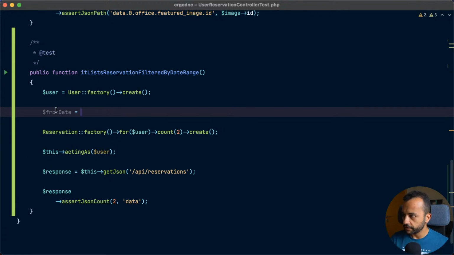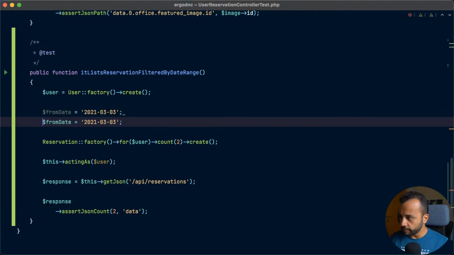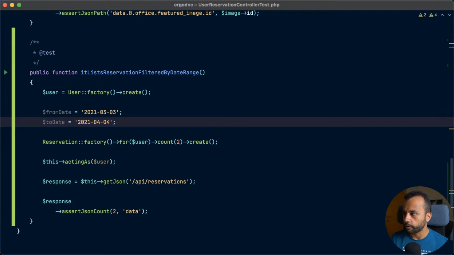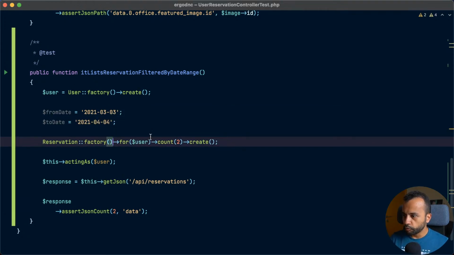let's have a fixed date, maybe 2021-03-03, and to date 2021-04-04, so in April the 4th, so from March the 3rd to April the 4th. So this is the range that we are going to test against, and we want to create a reservation within this time frame,